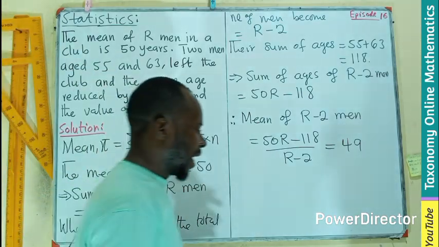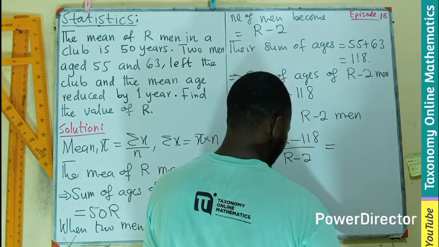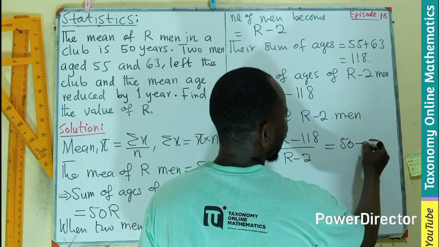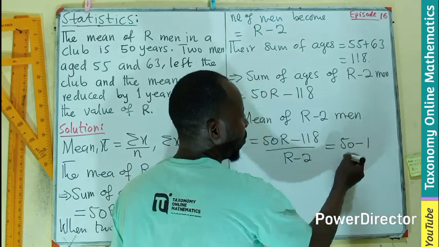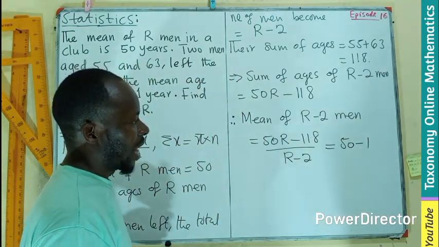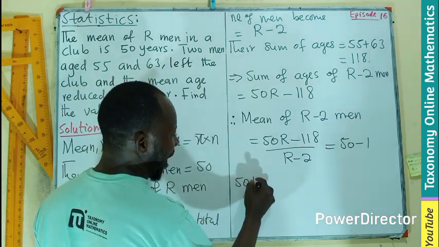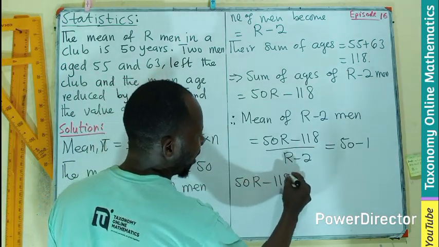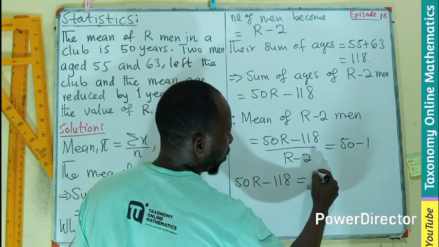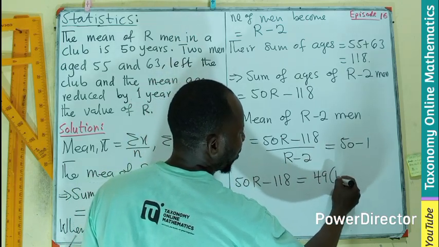So let me write the reduction: 50 minus 1, and that will give you 49. So we can cross multiply here and have 50R minus 118 equals 49 times